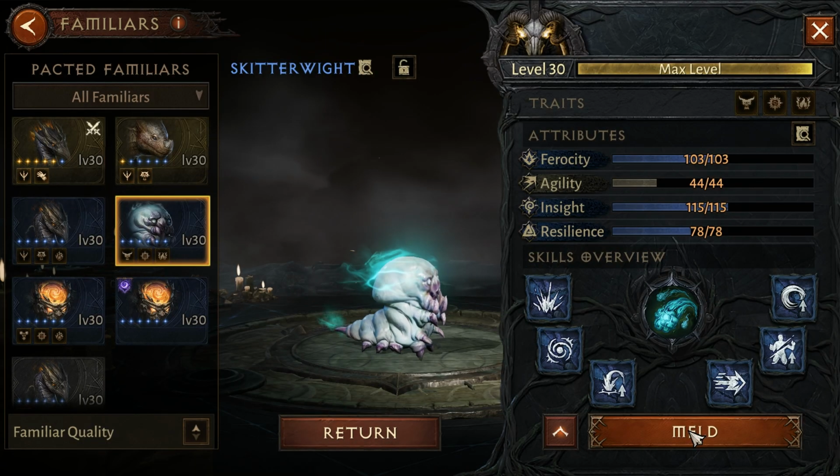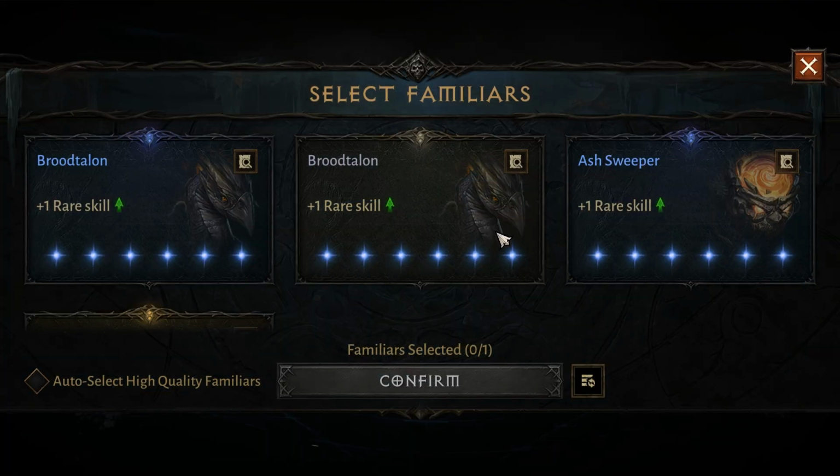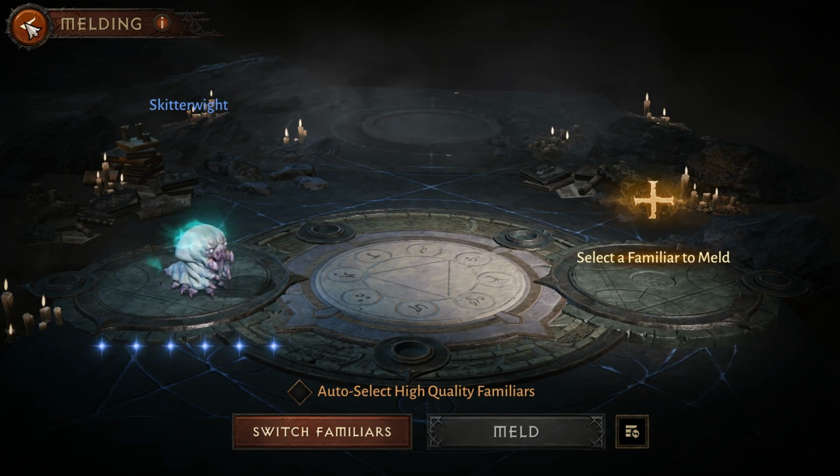involves two familiars, any type, and it would result in either a familiar with a rare skill, increased attributes, or both. And then of course you can choose which familiar to keep, so you can combine any type of familiar. Now converting, on the other hand,